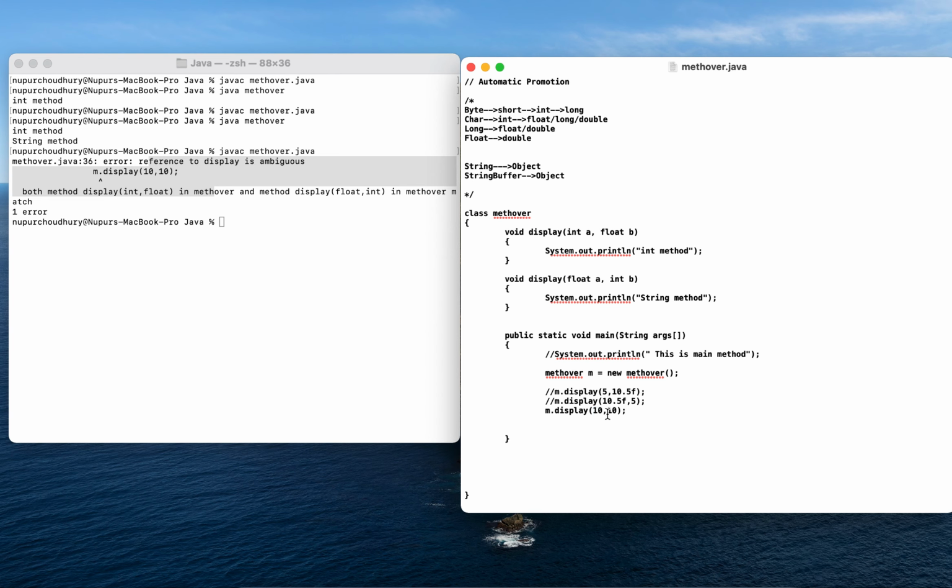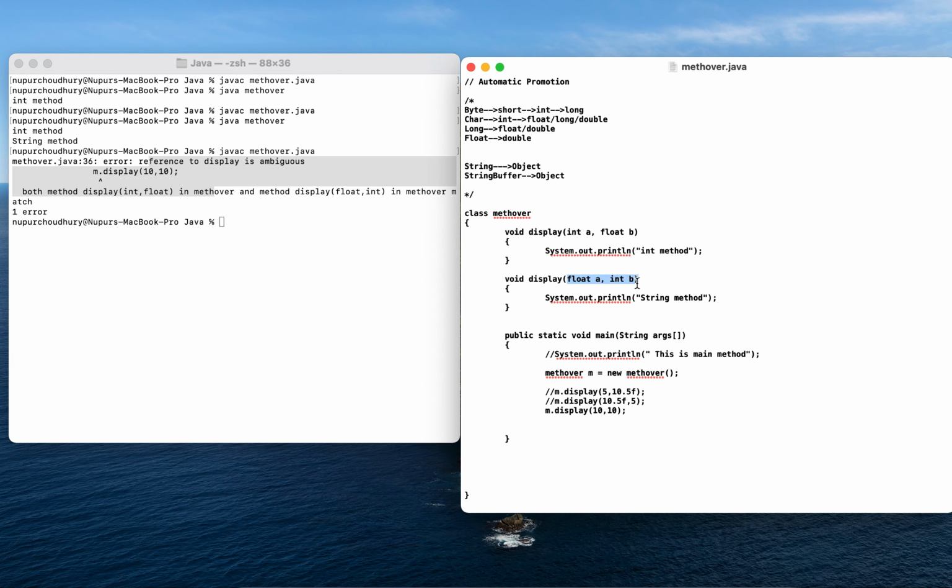The second one is already an integer. So this method satisfies the conditions, and the other one also satisfies the conditions. These two values are automatically promoted to the respective data types, and these data types are capable of receiving these arguments.